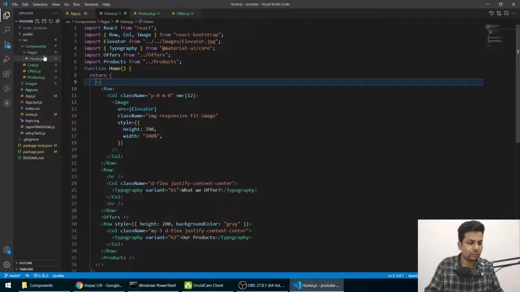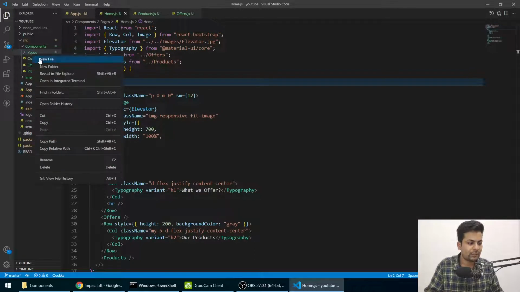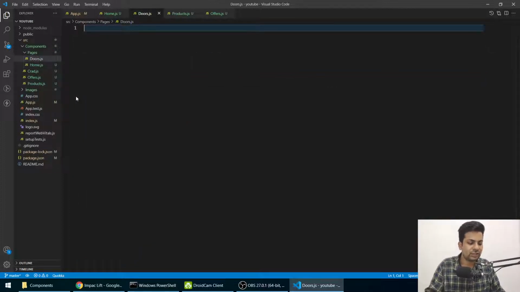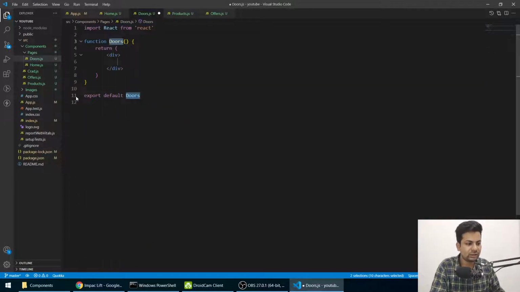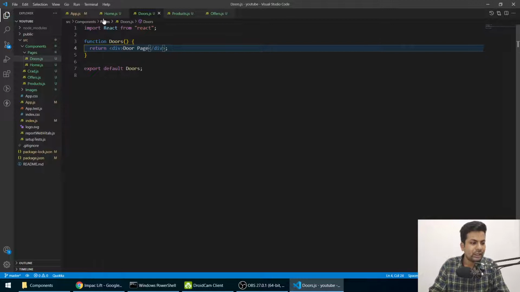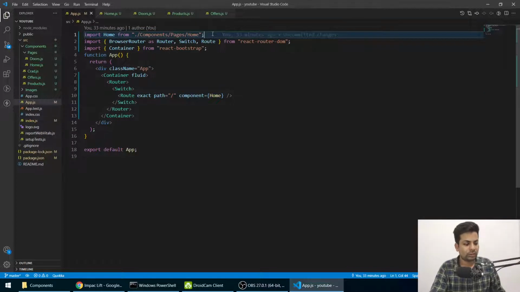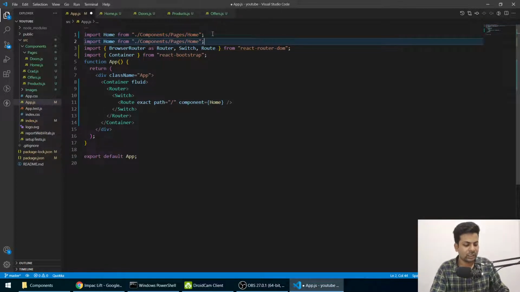So now we'll come to doors, and we'll make a new file, doors.js. Okay, now just save it, and we'll do rfce, and we'll say door page. Okay, and in the app.js file I'll just import doors also. I'll just copy this thing, change it to doors.